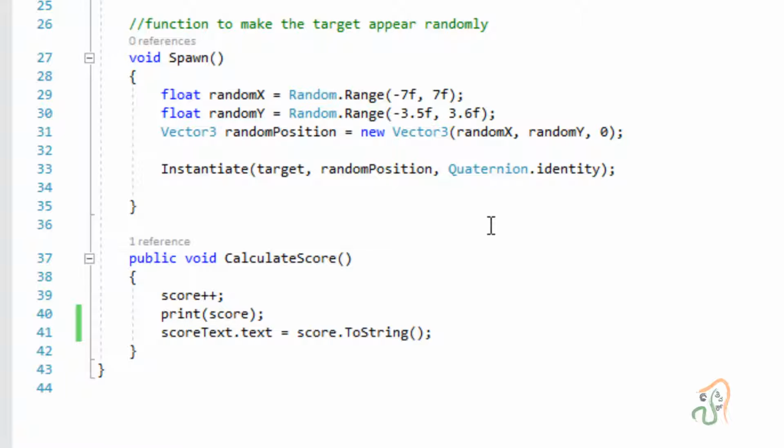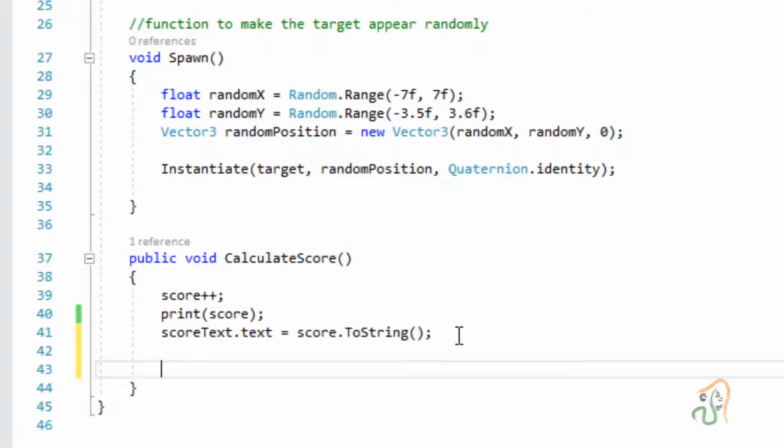To make it work, come here to this public void CalculateScore method. In this method, after the scoreText ToString line, press enter, leave a line gap, and then we are going to use the if statement.